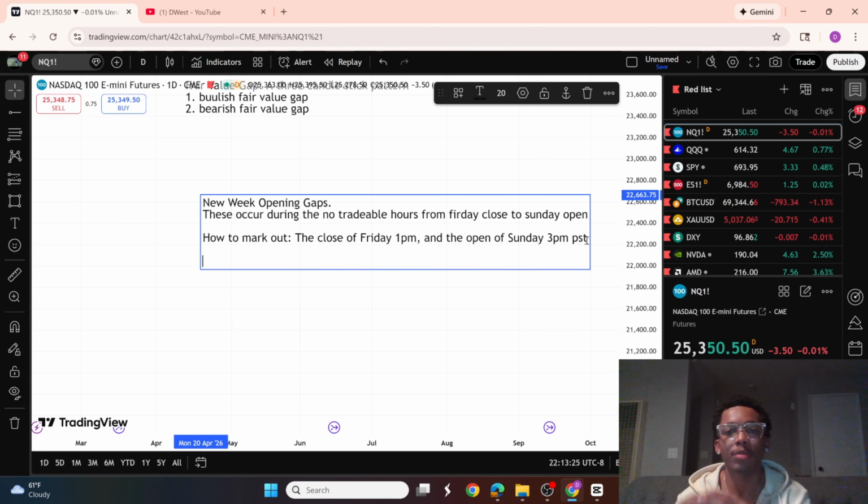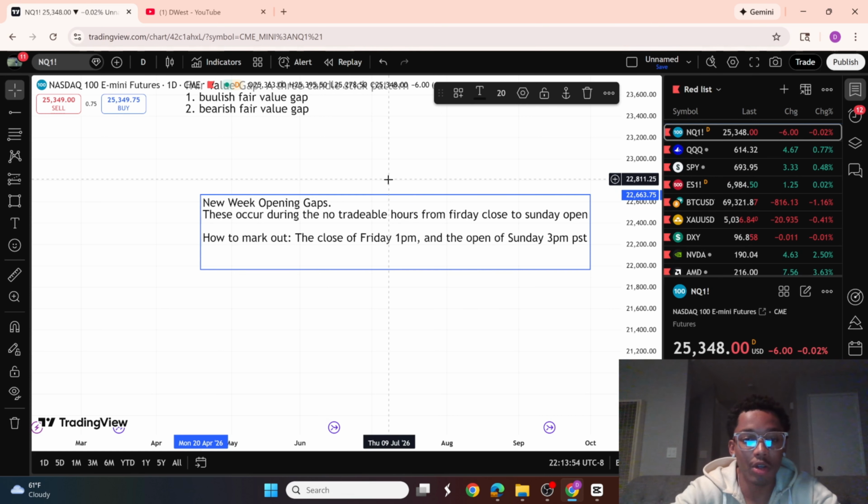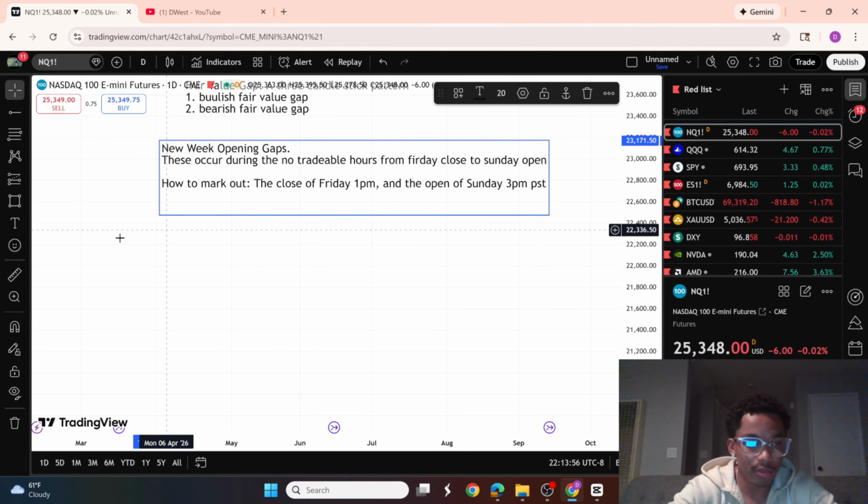The lifespan of a new week opening gap can range all the way up to a year, but ideally this is a 5-week type of lifespan, right? This thing has a half-life, if you're into nuclear scientist stuff, I don't know. But this thing has a half-life of 5 weeks. So within a month and 1 week, new week opening gaps hold pressure. They hold weight, okay? So keep this in mind. I will go into this next video as well.